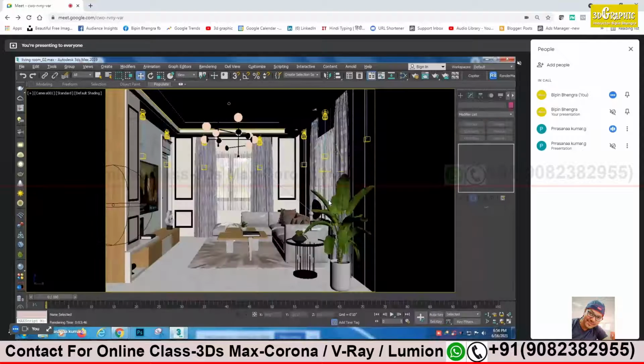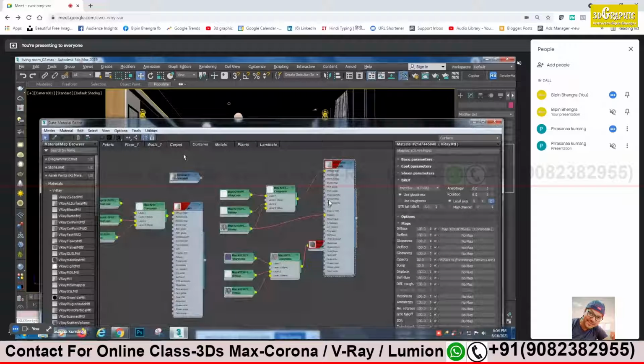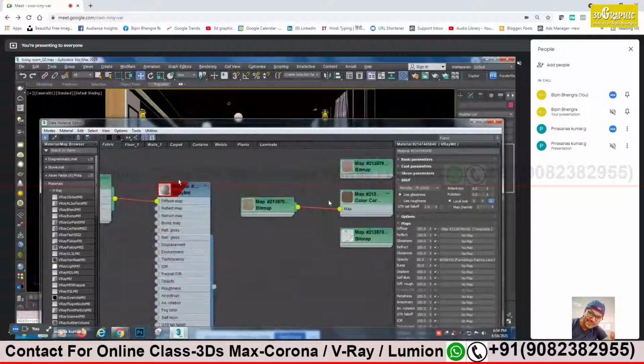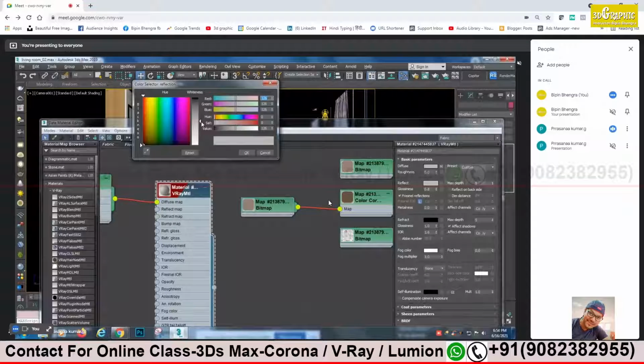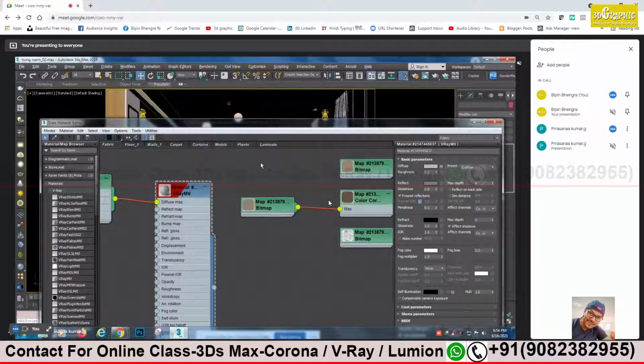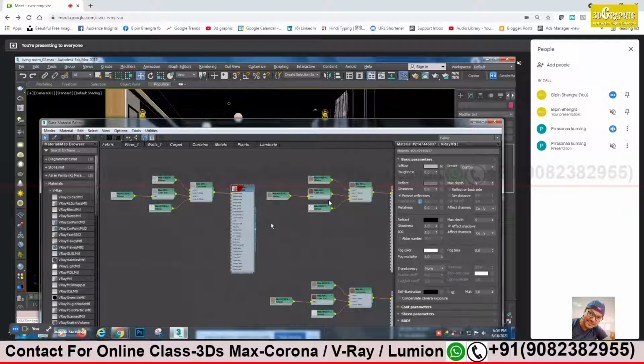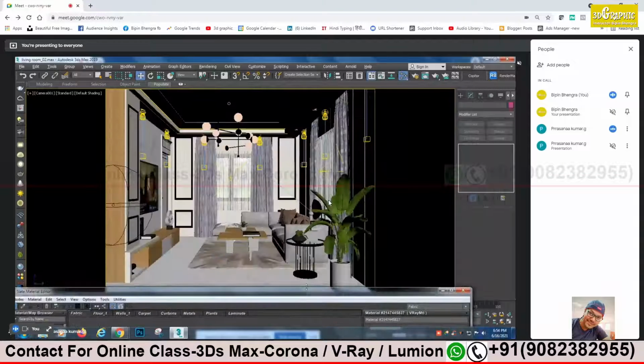And the sofa material: the reflection is more, I have to reduce it by another 50%, sir. Anything else, sir? No. Take a test render.